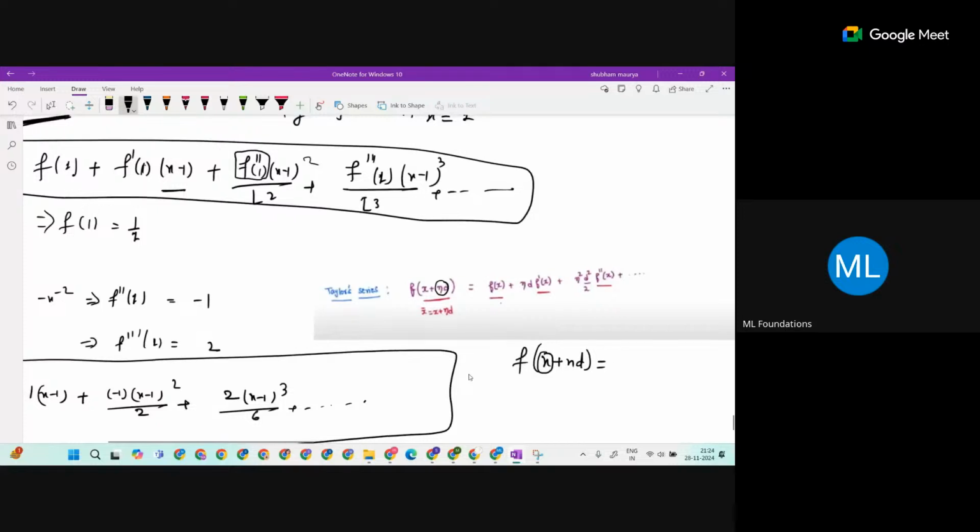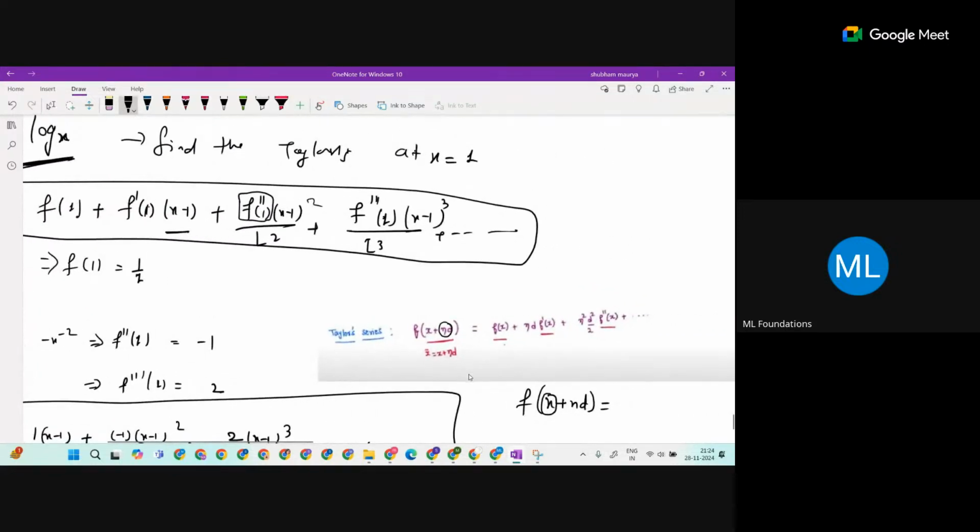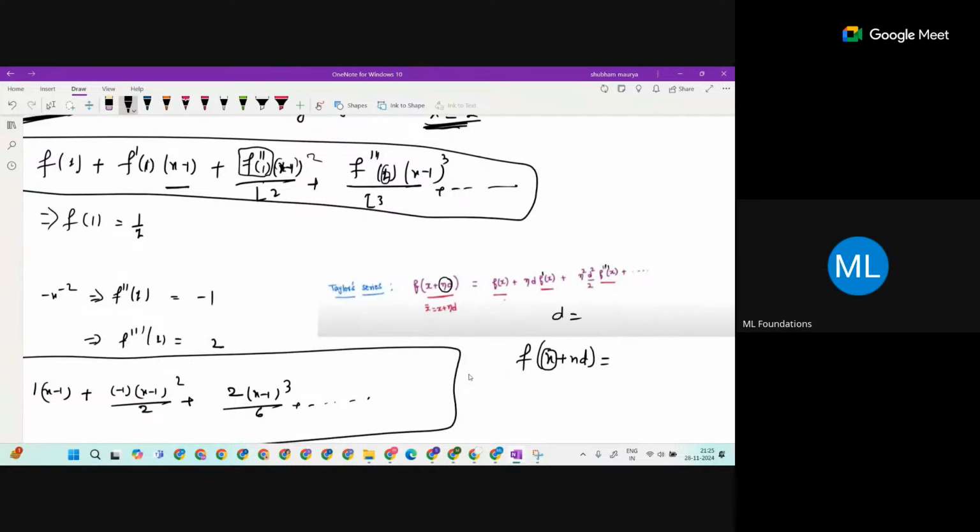So matching with what I just wrote, this x is our point 1, the derivative each time sir is writing, and x minus a is that small increment. This d is an increment, the x minus a where I am writing, and this eta is just a scalar multiplied, for the step sir is writing,